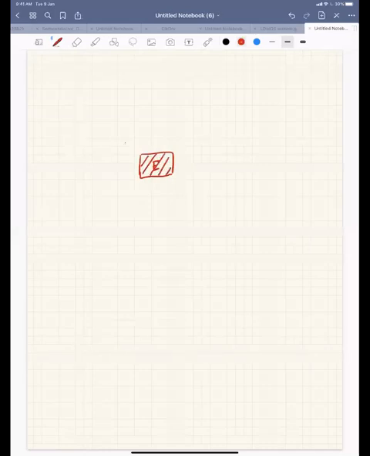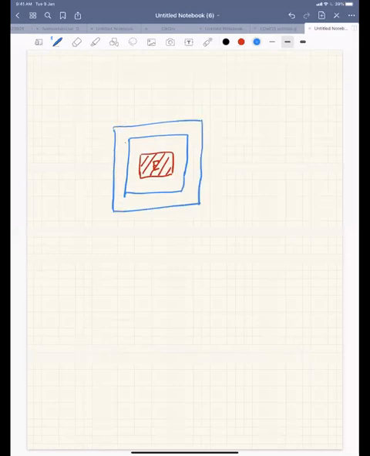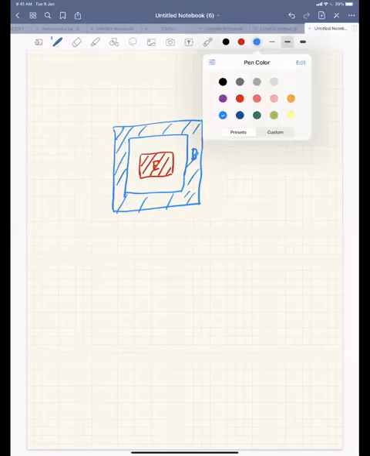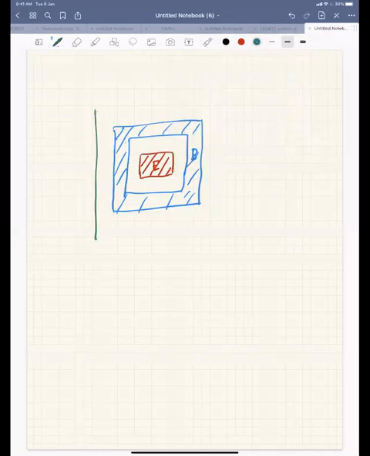Then you have a base area. Actually, bipolar transistors are designed like this: this is your base, and you have a collector area. So basically they are designed as concentric